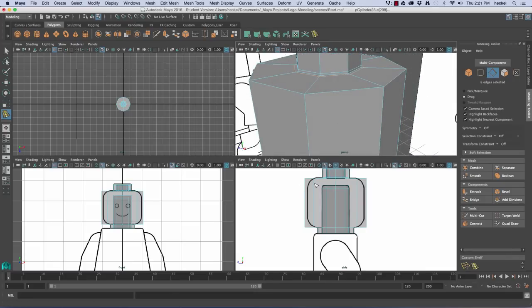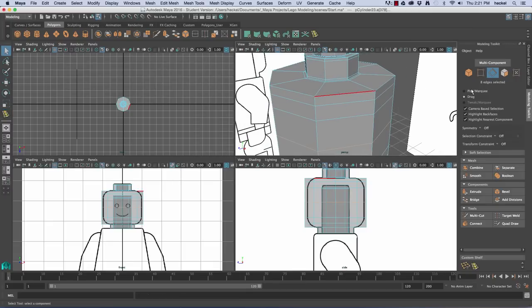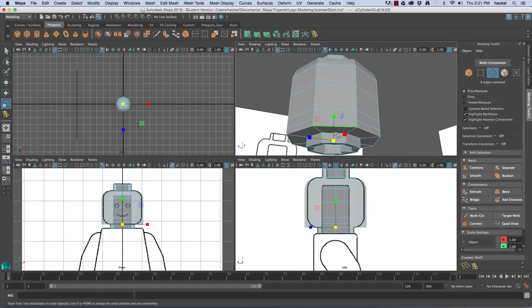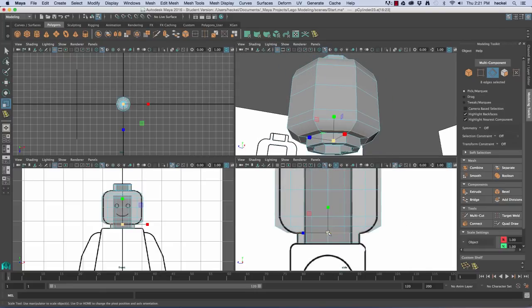And then we need to add 2 edge loops here and 2 right here probably, and maybe 1 in the middle. So I'm now going to go back to my marquee. I'll double click on this edge loop right here, press R and scale in. Double click on this edge loop and scale that in. And I'm going to do the same thing on the bottom. Select the edge loop, scale it in, and then select this edge loop,